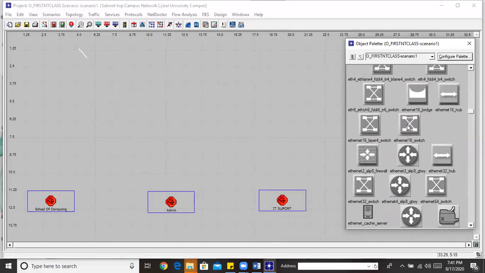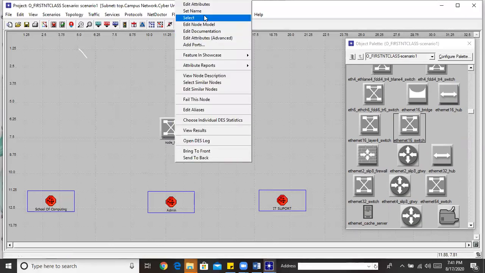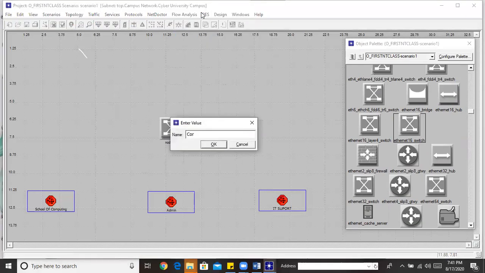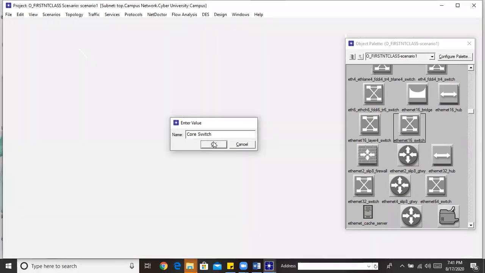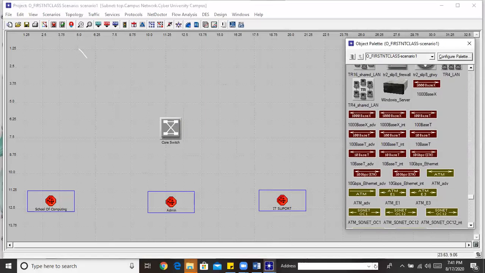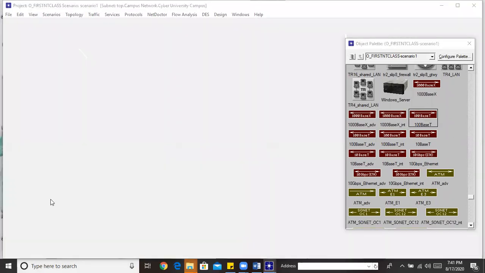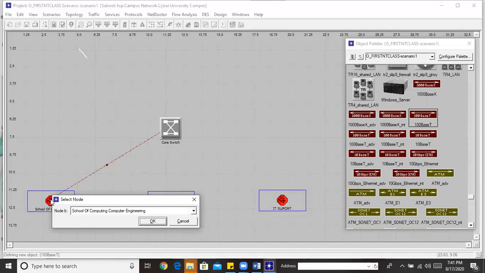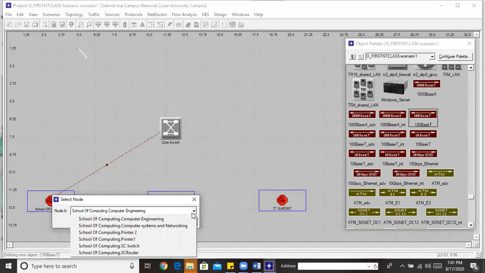So I'll still look for a 16-port switch. I'm renaming this as a core switch. So this core switch, we're still using here 100 BST. It will connect there. So there, it will pop up the node where this switch will connect. So this switch is connecting to